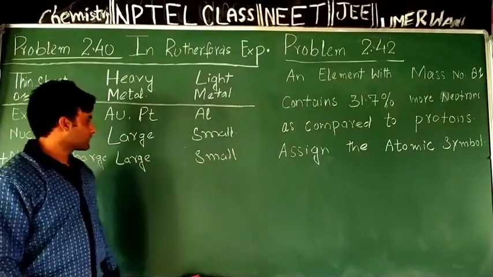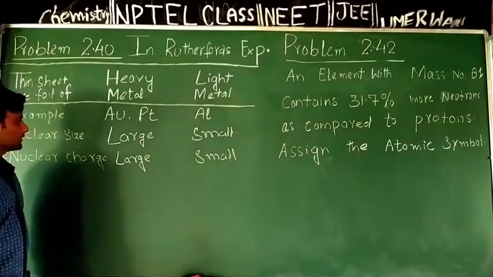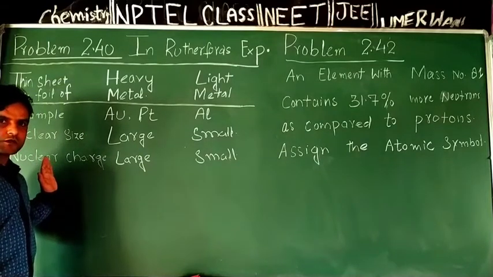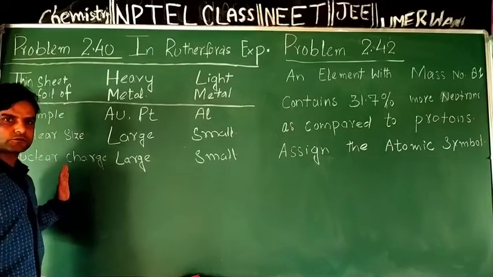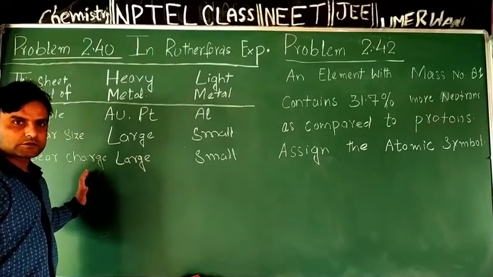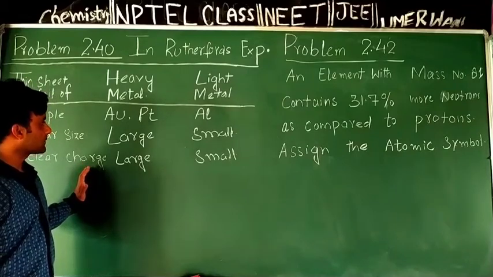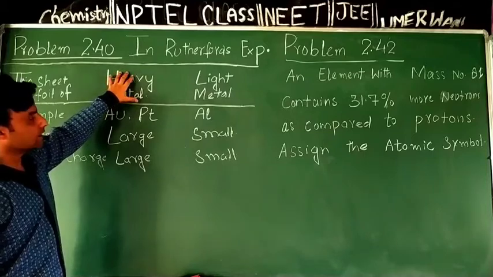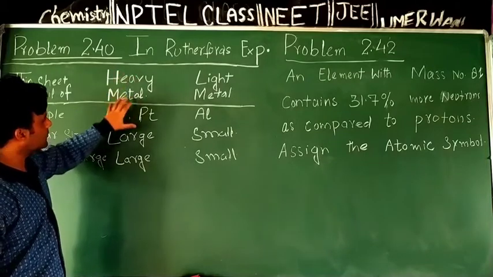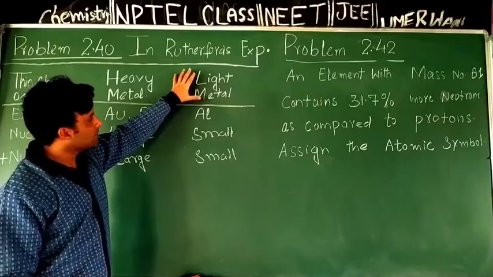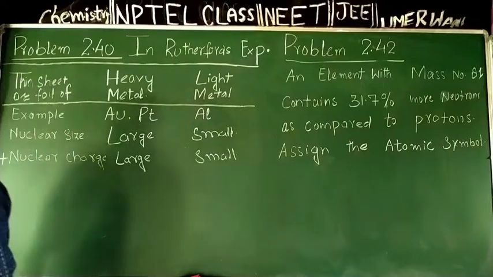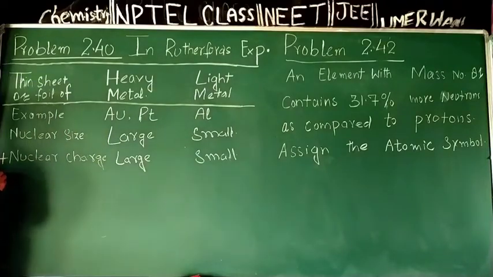Now imagine what will happen to the number of positively charged alpha particles when they pass through thin sheet of heavy metal like gold or platinum, and when they pass through thin sheet of light metal like aluminum. So next contrast I will make on the basis of number of alpha particles,